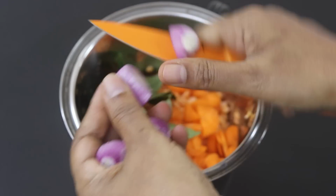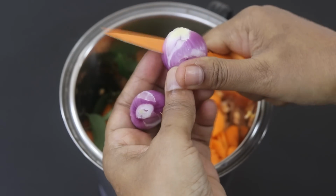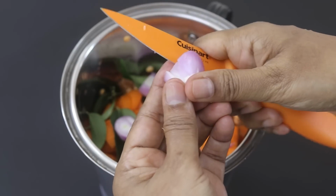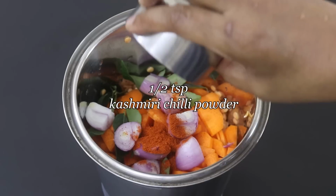I'm roughly slicing the shallots and adding it into the blender jar. Shallots are a good source of iron and folate, hence I like to use them in my recipes. However, if you don't have shallots at hand, you can use 1/4 of an onion, half teaspoon Kashmiri chili powder,